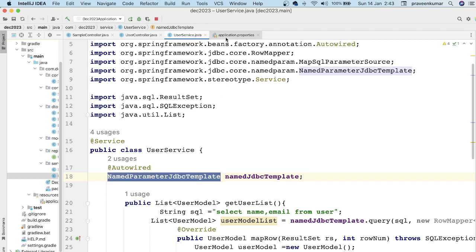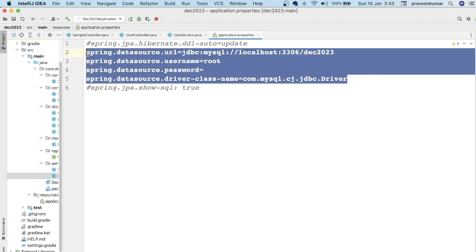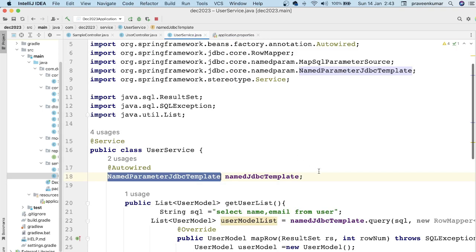As you can see here, the basic properties that we need to set in our Spring Boot application are the database configuration. This is common for both JPA and JDBC as well. Okay, so there is no difference in terms of database configuration for JDBC. So once you have done this, go to the user service or wherever you want to write your business